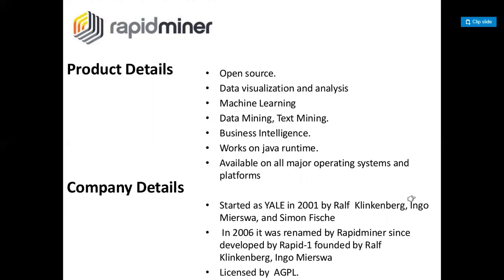Started at Yale in 2001 by Ralf Klinkenberg, Ingo Mierswa and Simon Fischer. In 2006, it was renamed RapidMiner, since developed by Rapid-I, founded by Ralf Klinkenberg, and is licensed under the AGPL.